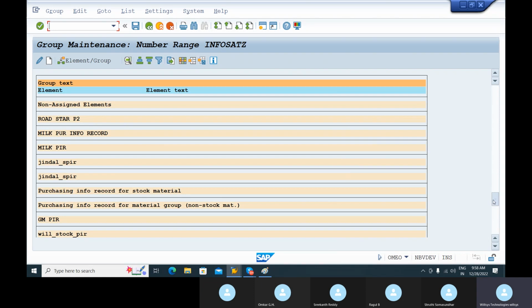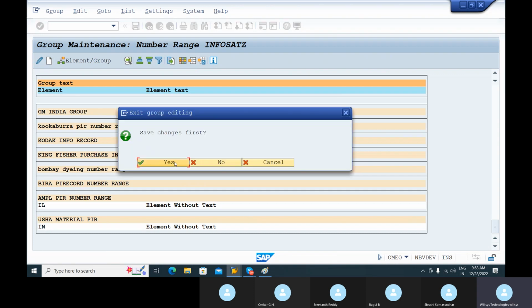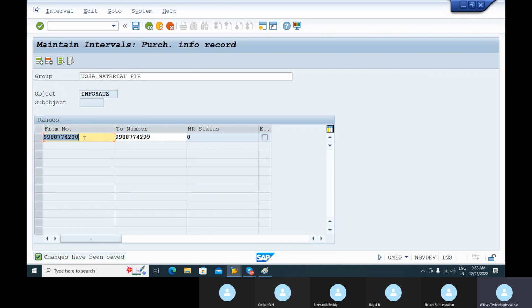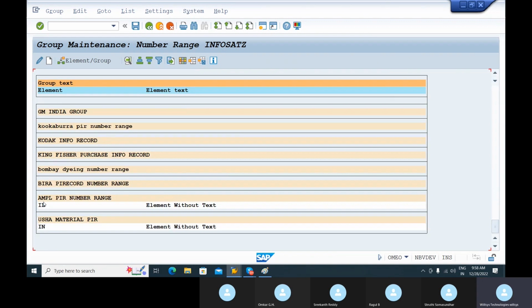Then for our material types, whenever you create our material types, one info record number will come within this number series. This number series it will generate. Purchase info record for material is this number series. Purchase info record for services is IL. Write down one note, purchase info record. Otherwise, if you want to maintain both IL and IN in the same Usha group,